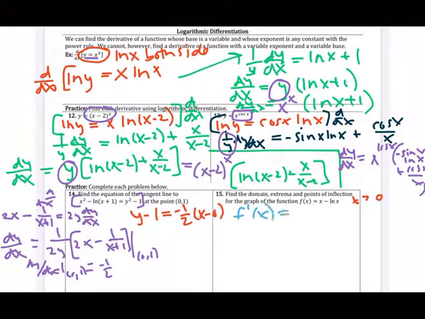Let's take the derivative first. The derivative of x is 1. The derivative of natural log is 1 over x. So when we're finding our critical numbers, something to note, 0 is not a critical number here because 0 wasn't in the domain to begin with. So we can't ask ourselves what's making this undefined. We can only ask ourselves what's making this derivative 0, and that would be 1. So 0 was a candidate, but we can't use 0 because it was not in the domain of the original function. When we make our number line, we do need to consider 0